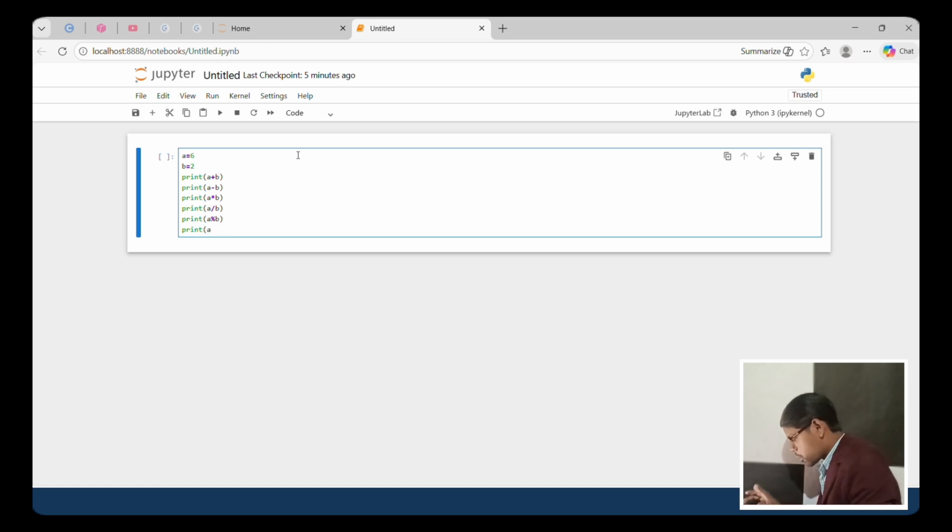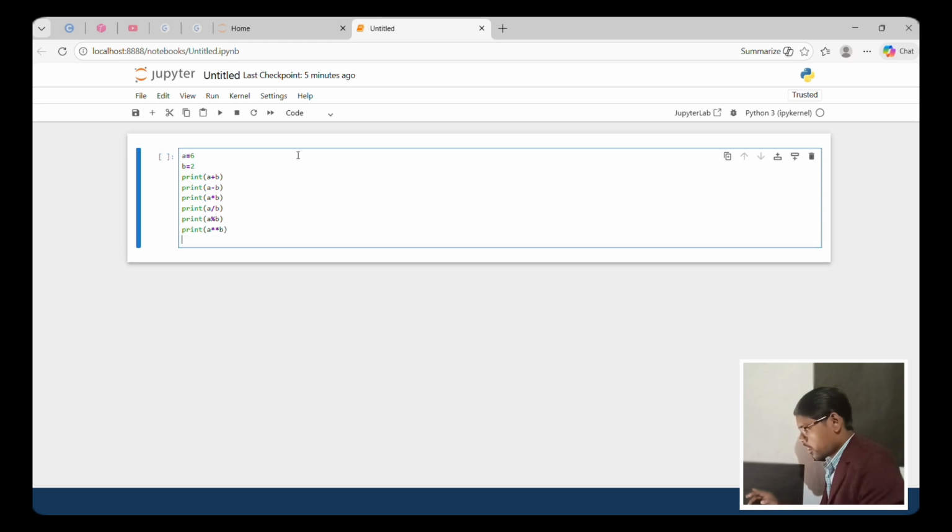And I will check the exponent sign. Okay, exponent, yes, exponent. Okay, this is the exponent sign. Print A. This is a floor division. Yes, floor division sign.